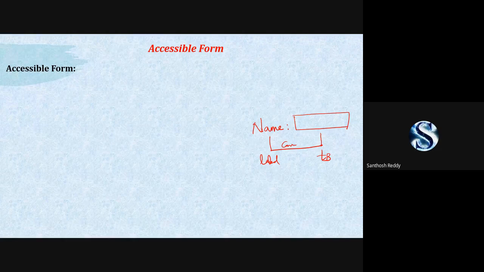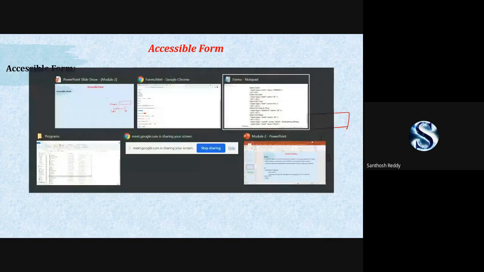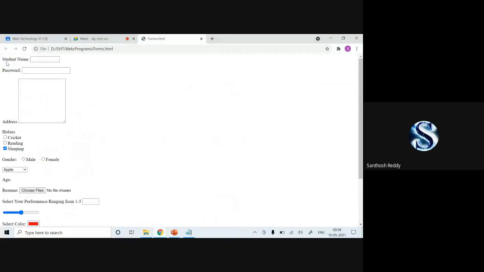Understood? I'll show the difference between your accessible form and this. Okay. This is your form. When I click on the student name label, my cursor is not displaying here.